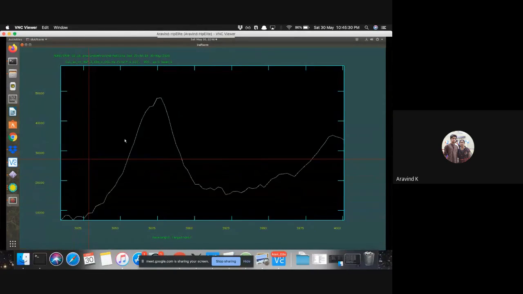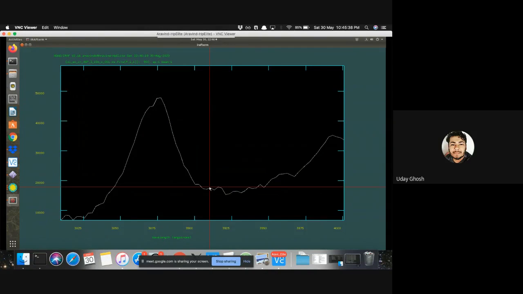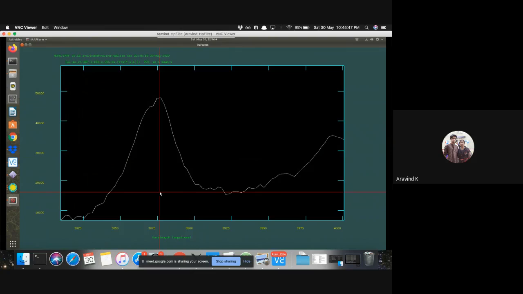Even this particular line, this is the CN line. This is a combination of multiple vibrational and rotational lines. Since this is low resolution, all of them blend together and give you one peak. But if I go into 30,000 resolution, you will start seeing P branch, R branch. You might have studied about these things, right? It comes in the emission spectroscopy chapter.